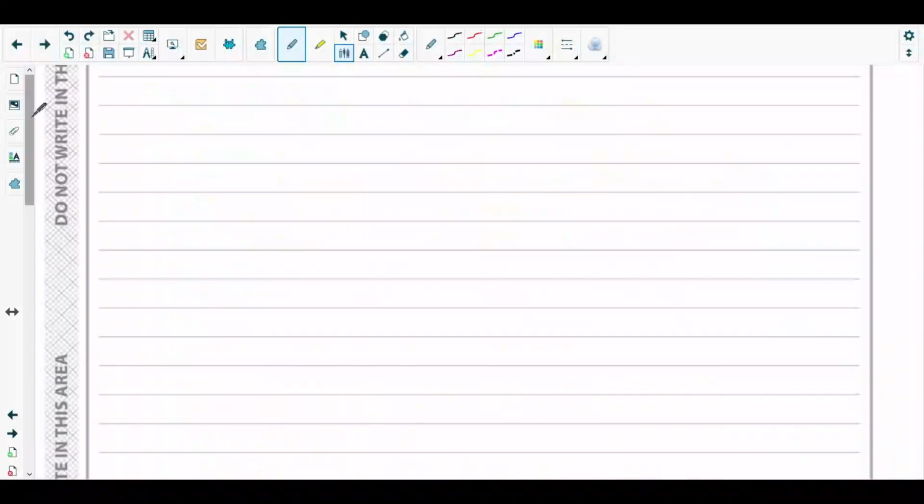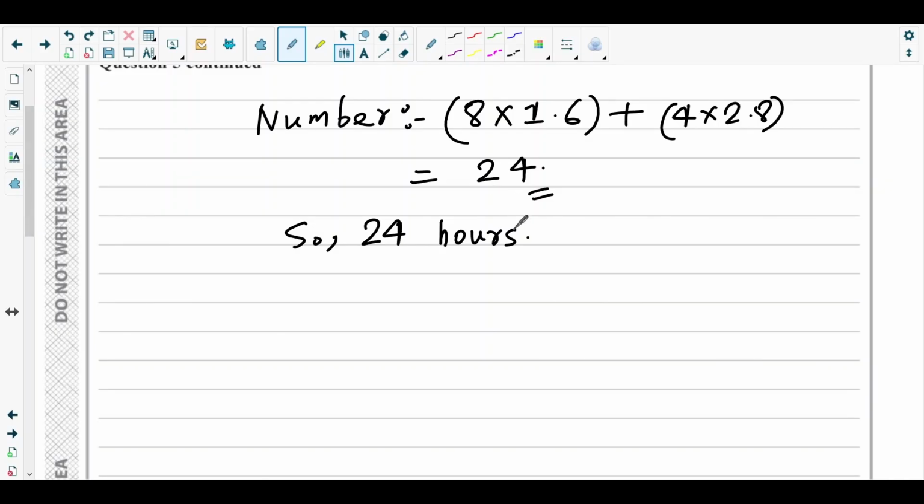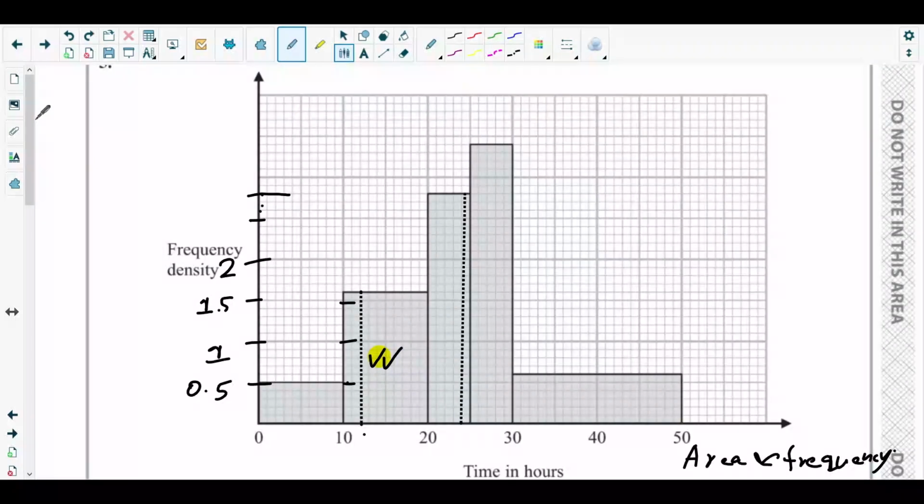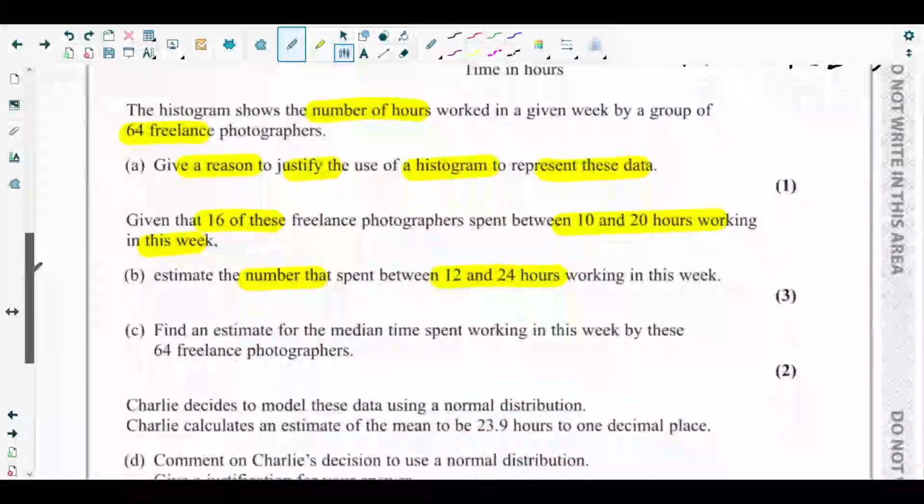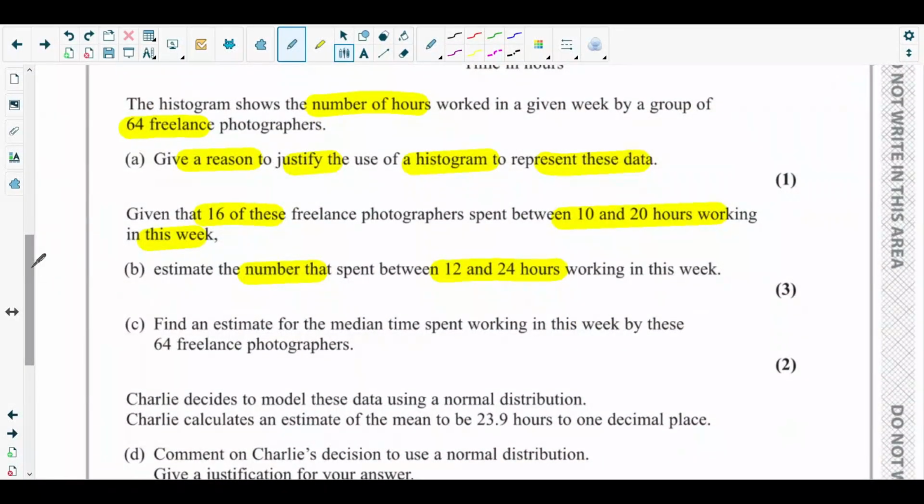Okay, it would not be 24 hours, rather it should be 24 people or 24 photographers. Okay, it should be 24 photographers. We have to correct it. So 24 photographers, because they wanted the number of people, right? Okay,